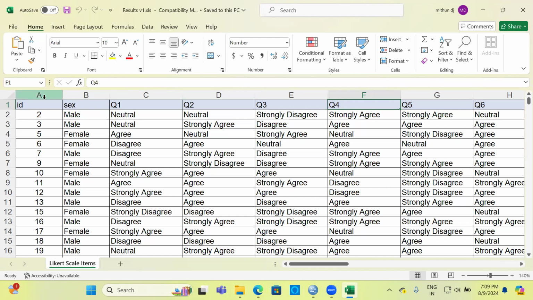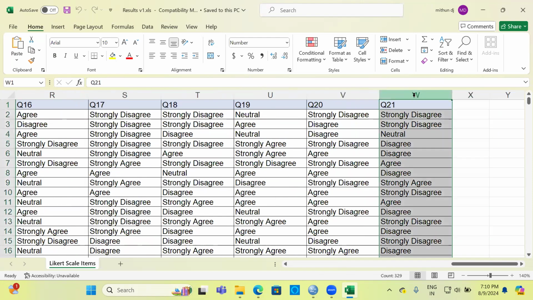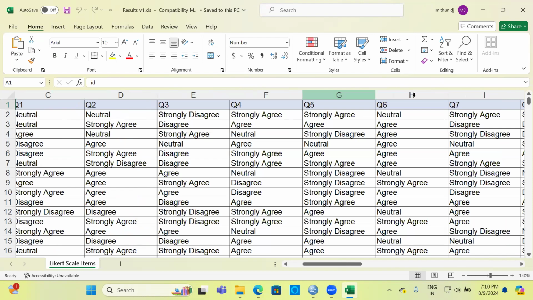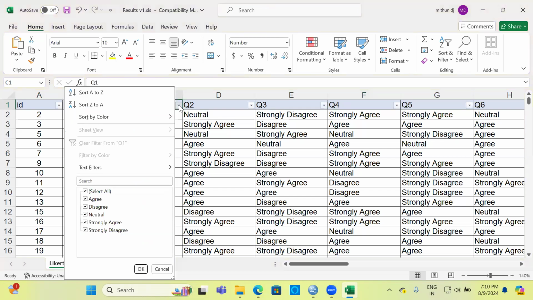You can see here we have ID, gender, and we have Q1, Q2, Q3, which are nothing but the questions that we have asked. There are 21 such questions. And you can see when I use the Excel dropdown, there are 5 categories: agree, disagree, neutral, strongly agree, and strongly